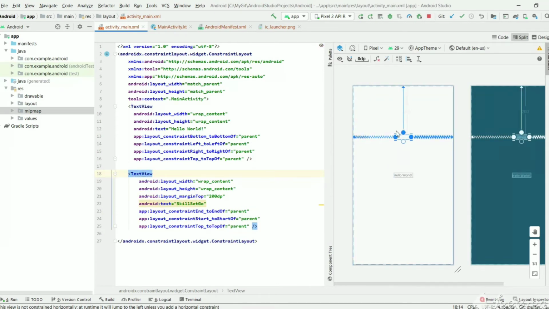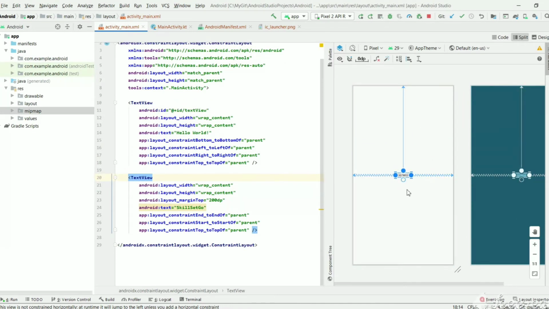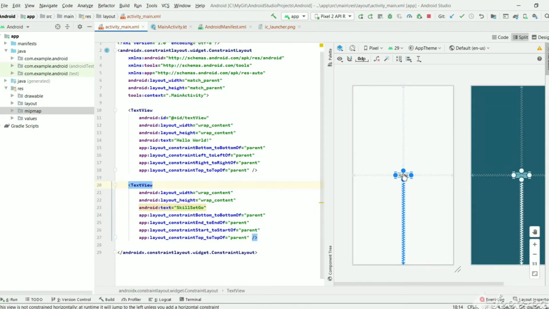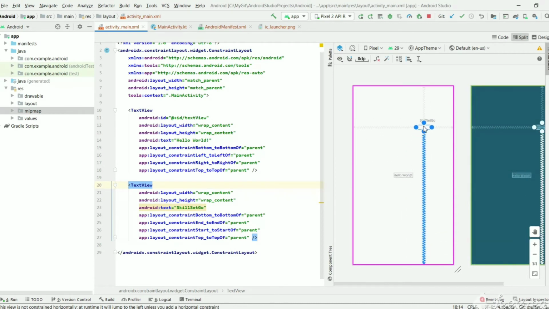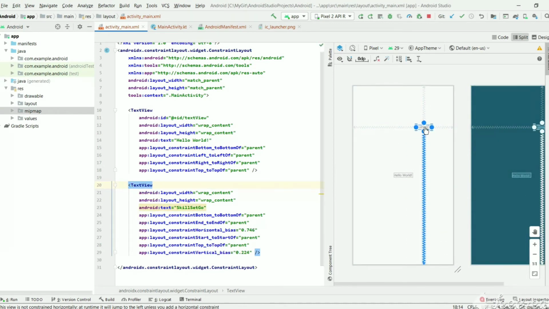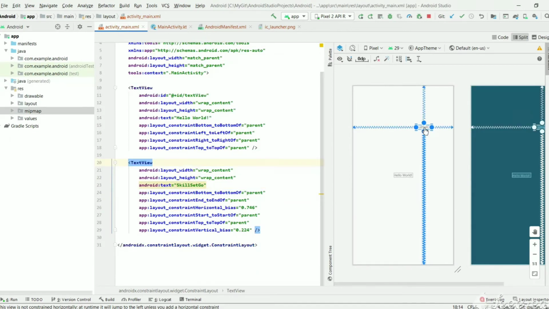So from top how much it should be, and from down how much it should be. And you can change the position of this Skill Set Go, and we can increase the size.